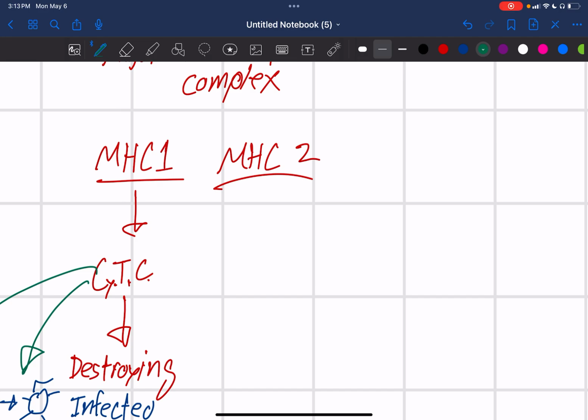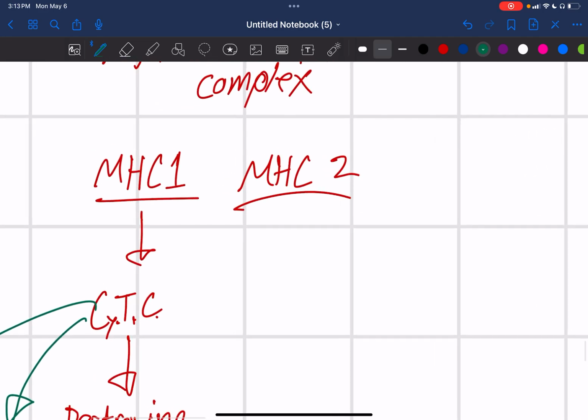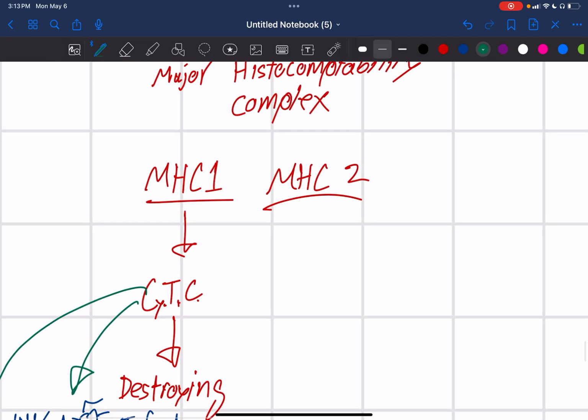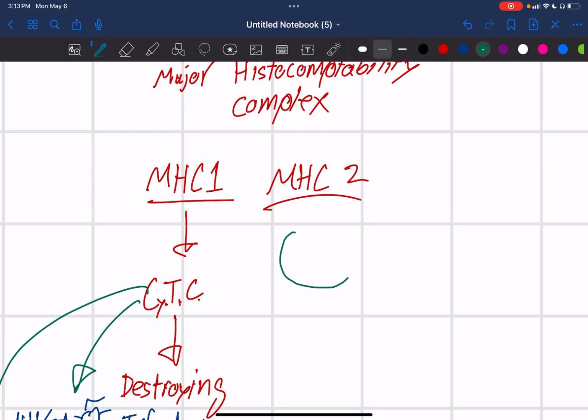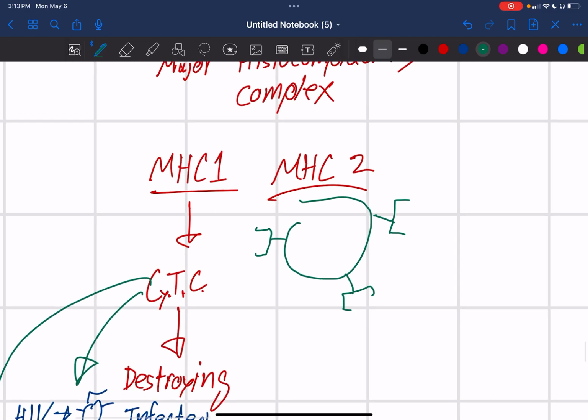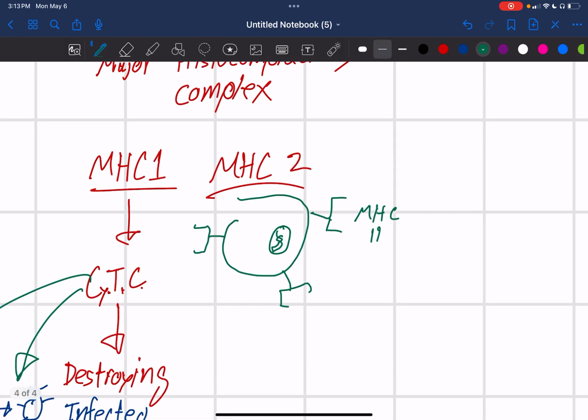But so right here, let me draw this for you guys. MHC class 2 is going to be like this. So we have a dendritic cell. The dendritic cell has those right there. And this is going to be MHC class 2. Right, so this MHC class 2 already has the antigen inside of it, and it's then going to be sent over